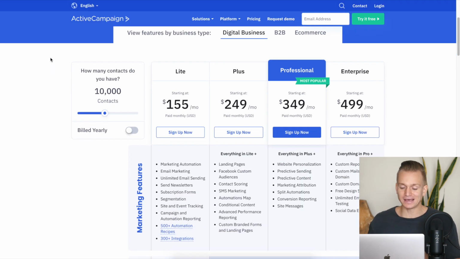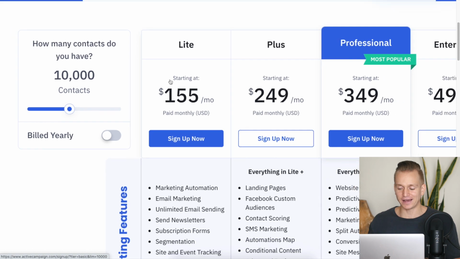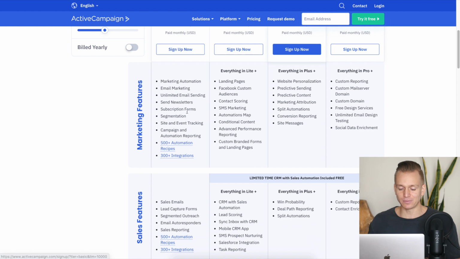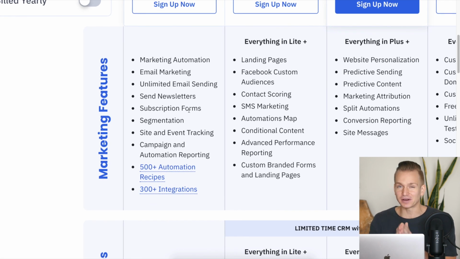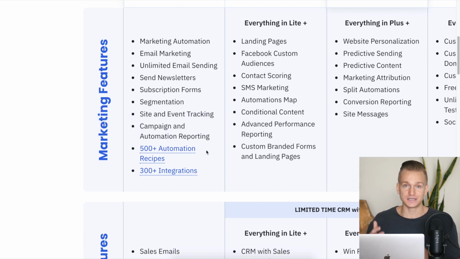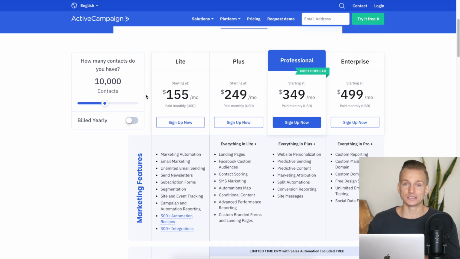When it comes to ActiveCampaign, it is so much more expensive, and you might think, is it worth paying 3 times the price? But at the same time, when you really think about it, they do have some very advanced features when it comes to all of these automations. Some of these automation recipes, you might be paying a lot of money every month for different apps that allow you to do these things, and having the site tracking, event tracking, all of these different things. So okay, it might cost you additional money, but at the same time, if that is going to generate a lot more revenue, then it might actually be worth it.